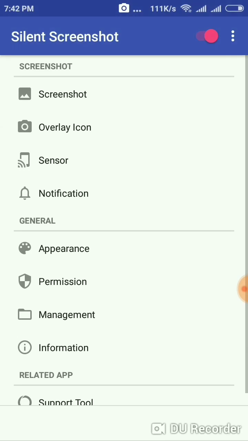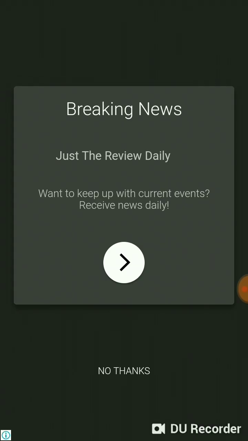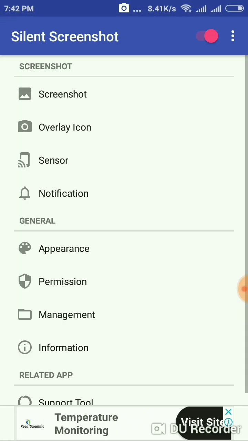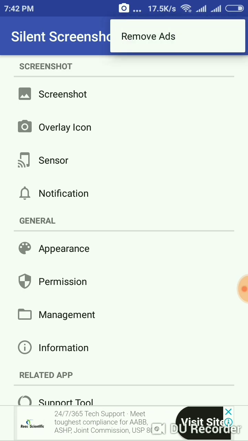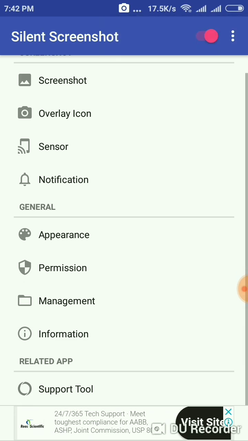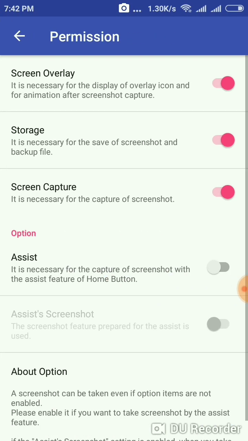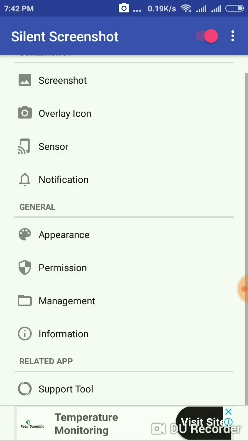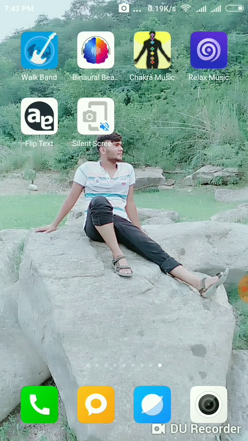As you can see, I have already enabled it. When I enable it, it also asks me for some more permissions. It asks for storage and screen capture. When I do this, all the permissions will be given to it, and by clicking on this camera,